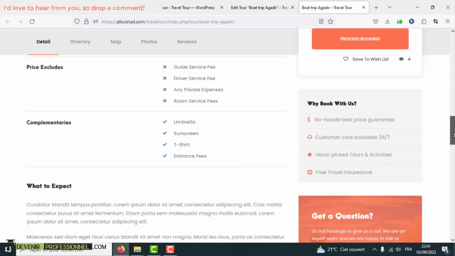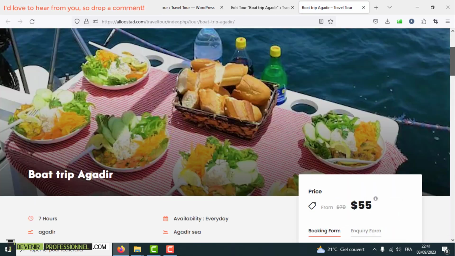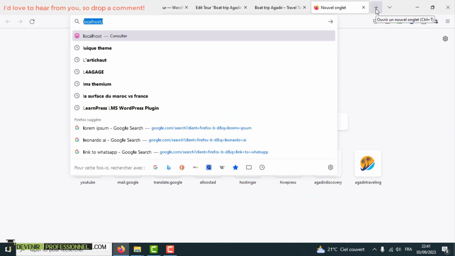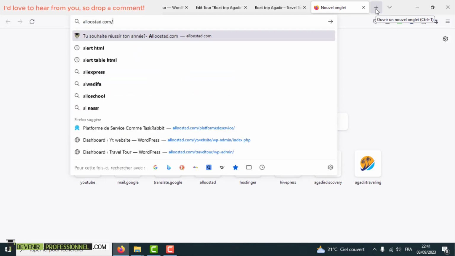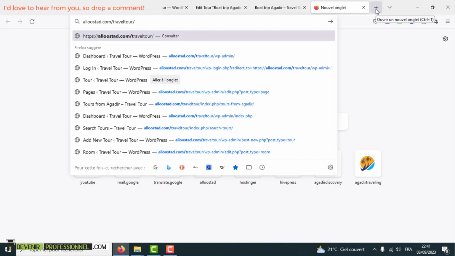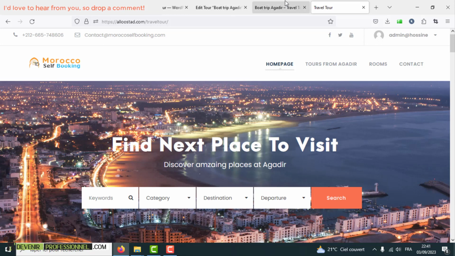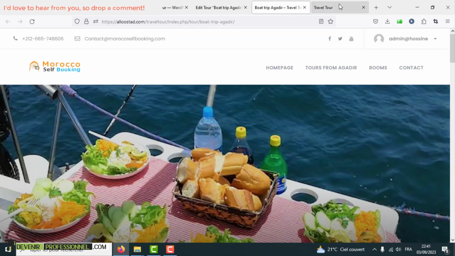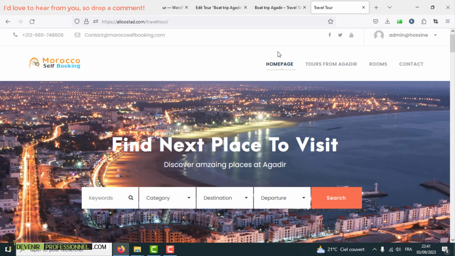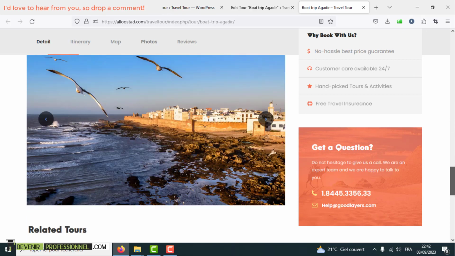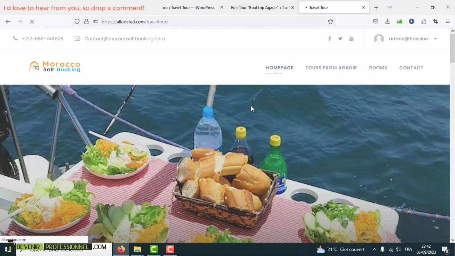I can check and preview the tour. So you can test and do anything that you want. But the customer cannot. If I go to the home, for us now, because I have opened my dashboard, we can see it, but the user cannot see this page. And for the preload, as you see here, the icon,